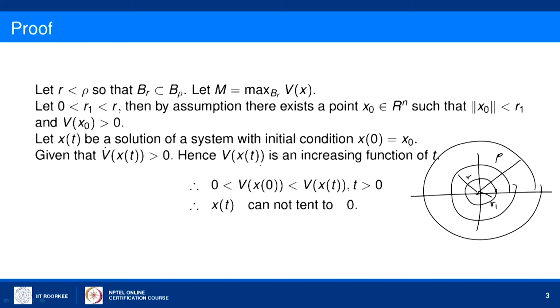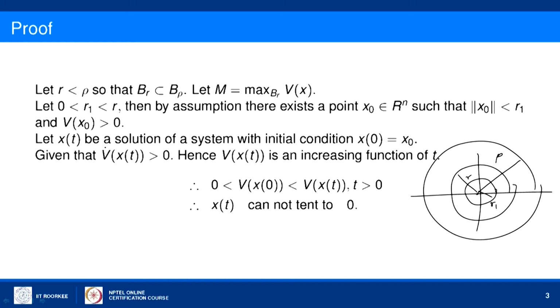Hence, V of x of t is an increasing function of t. So this dV by dt is positive, which implies that V of x of t is an increasing function of t. So for t greater than 0, we have V of x of 0 should be less than V of x of t because of the increasing nature, for all t greater than 0. Therefore, x of t cannot tend to 0 according to this